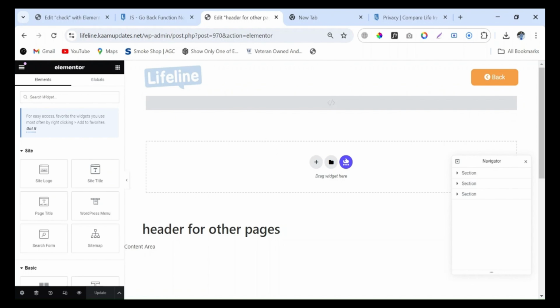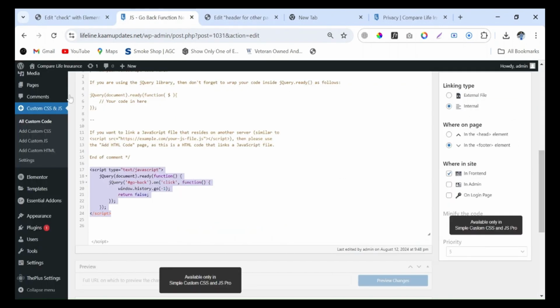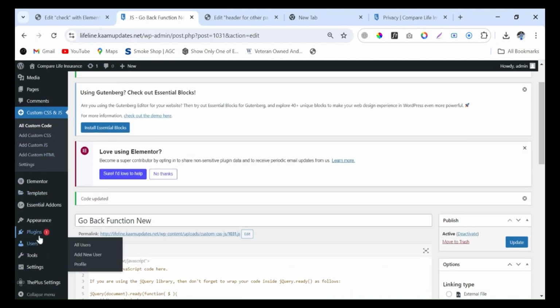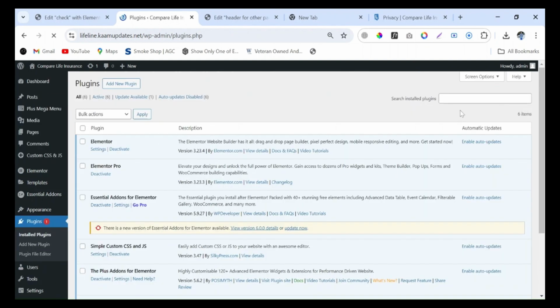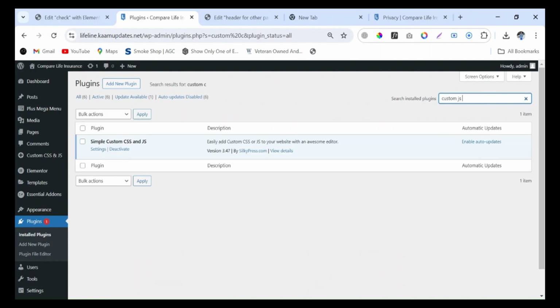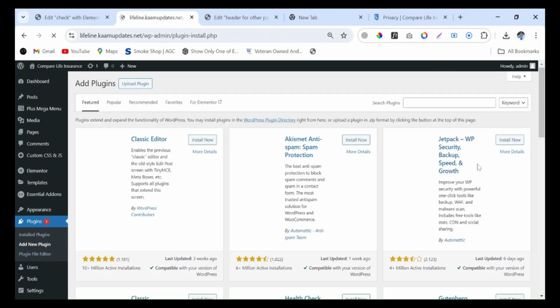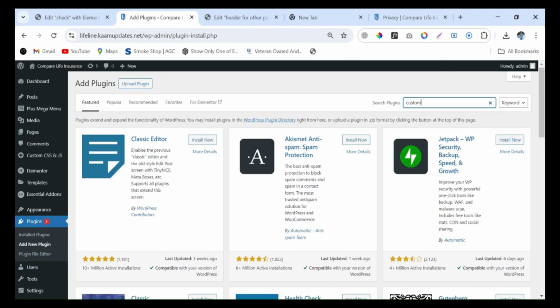So I will go with the plugin option. Right now I will use the plugin named Simple Custom CSS and JS, so that you can easily install it and just put the code. Without wasting time, just go to the plugin option, click on add new plugin and write custom JS.